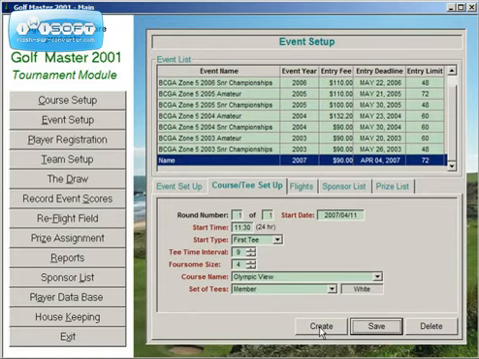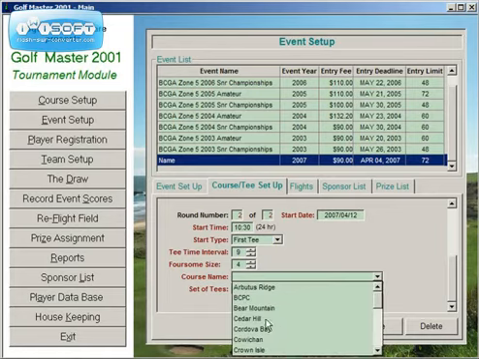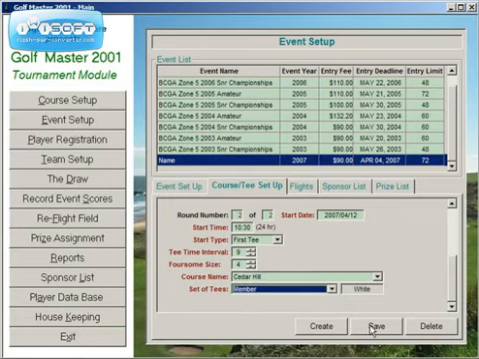To do that, we hit the Create button again. We are given another blank screen, and you'll notice that our round number is pointing to round 2 of 2. This one we're going to play on the 12th of April. We are again going to start at 10:30. It's going to be a first tee start, again with 9-minute intervals, size 4. And we're going to play this round on the Cedar Hill Golf Course from the member tees, and we're going